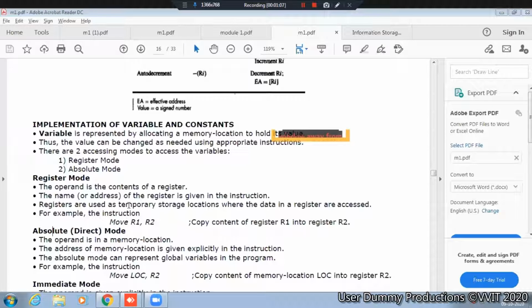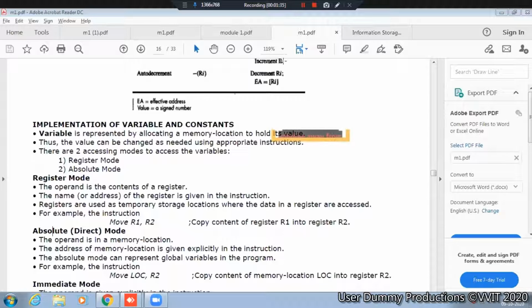So what is a register mode? Here the operand is specified in the registers. The operand is the content of the register. Understood? Yeah, ma'am.